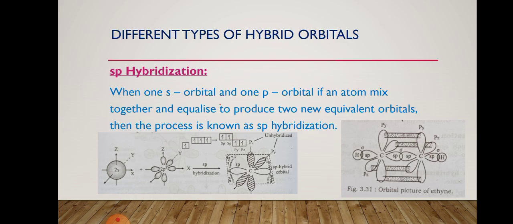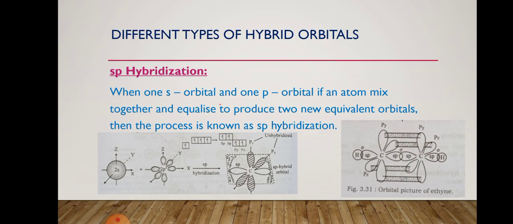In the excited state of carbon, one electron of the 2s orbital enters into the pz orbital, and here the 2s orbital and one 2p orbital, that means the px orbital,